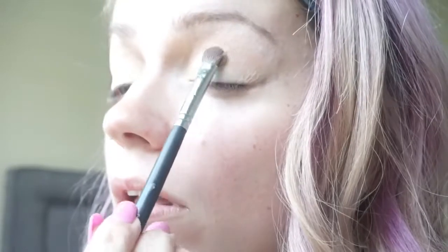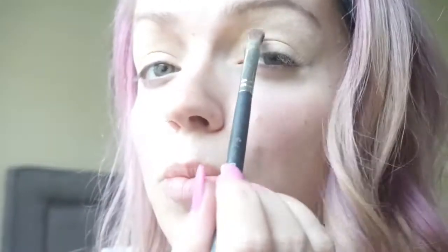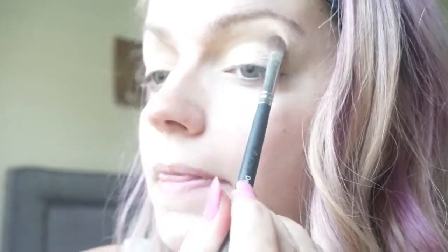Get the eyeshadow face going on. And again, you want to make sure you're pressing that into your skin rather than flailing it back and forth. That's how I do it anyways, and it works well for me. All right, so now that that is set,